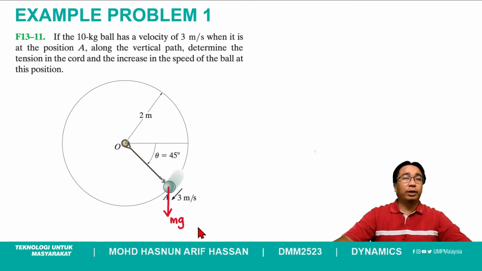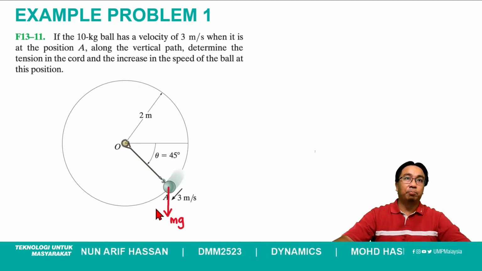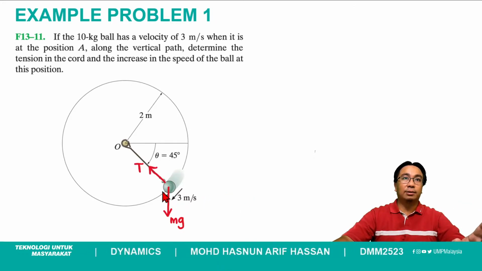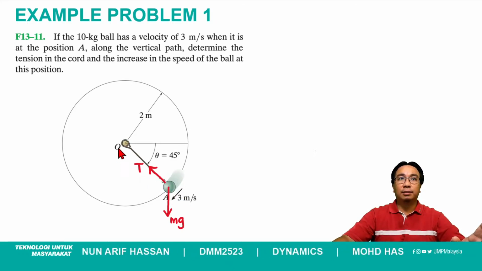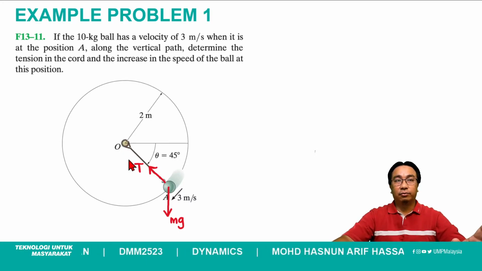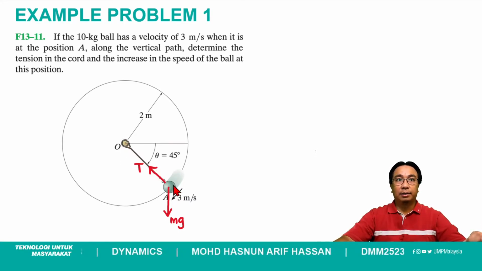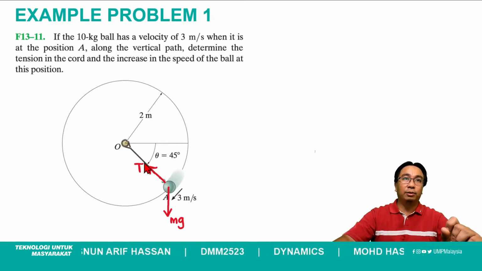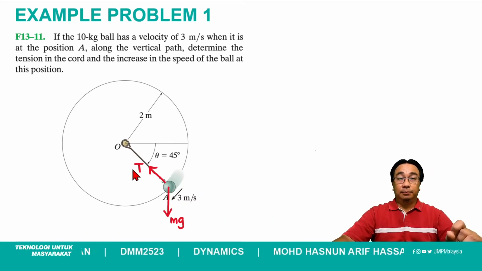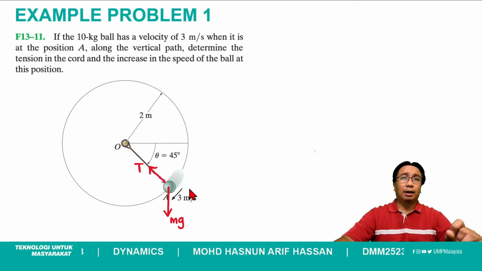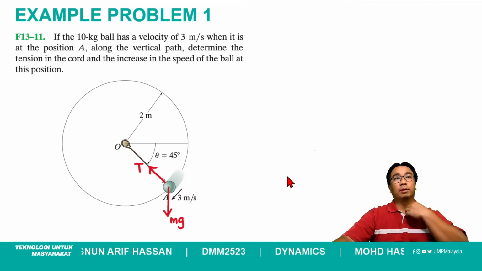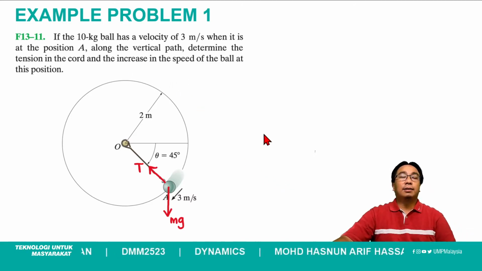Okay, so this is one of the forces acting on the ball, and the other one, correct. Our friend has told us that there is a tension. Tension must point towards the center, where we tie the string. The tension will be pointing towards that. Okay. So these are the two forces that are currently acting on the ball. Alright. So now we want to find